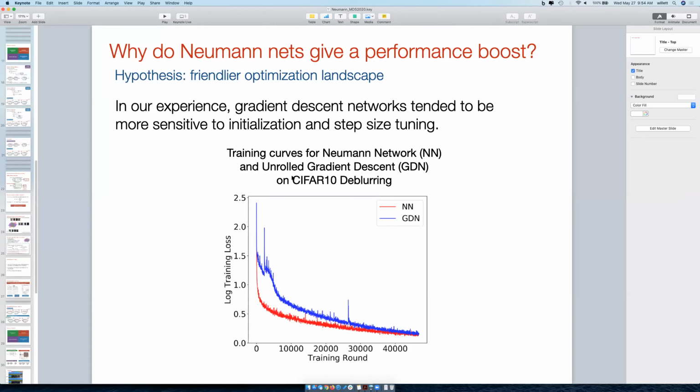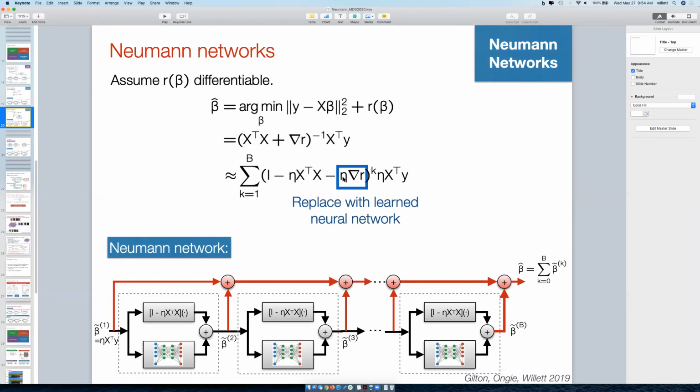Right, so I've got an eta inside this operator that I take to the kth power, and then an eta outside. Typically you would see this written with eta equal to 1, but the Neumann series expansion holds just as well with other values of eta. Empirically we see improvements in performance for values of eta around, I want to say 0.1 was working best for us, though I don't remember exactly. But in any case, it is something that we learned during the process.